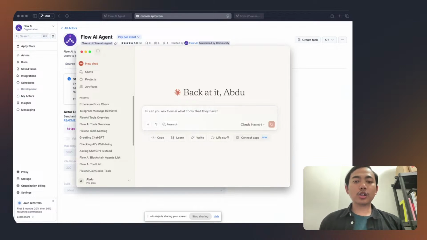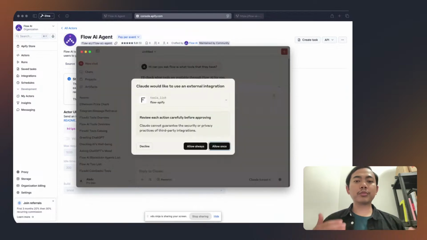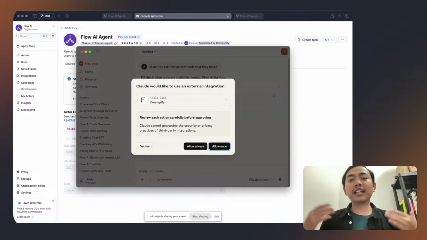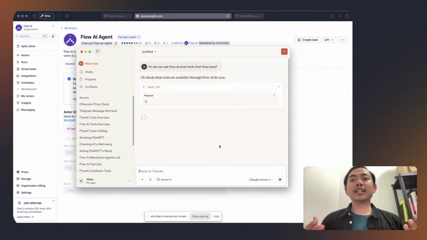When you ask this question, the cloud desktop, the agent, can think about what kind of tools they can use. And in this case, they decide, okay, I have Flow Apify, and then I can allow once. In this case, I want to allow every time, so it will be more secure because I don't want the AI to do anything without my consent.